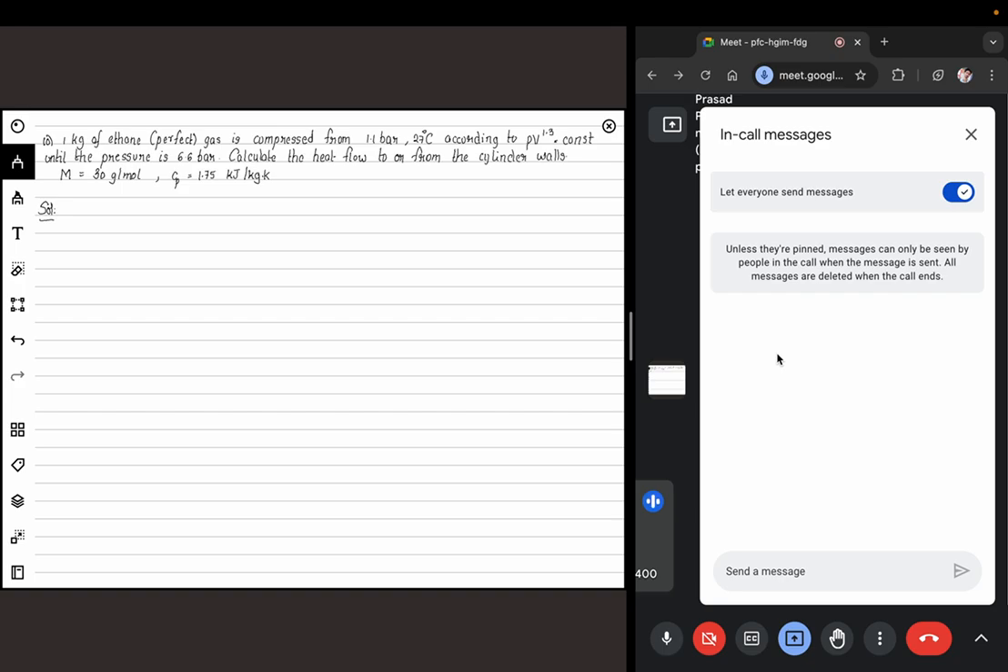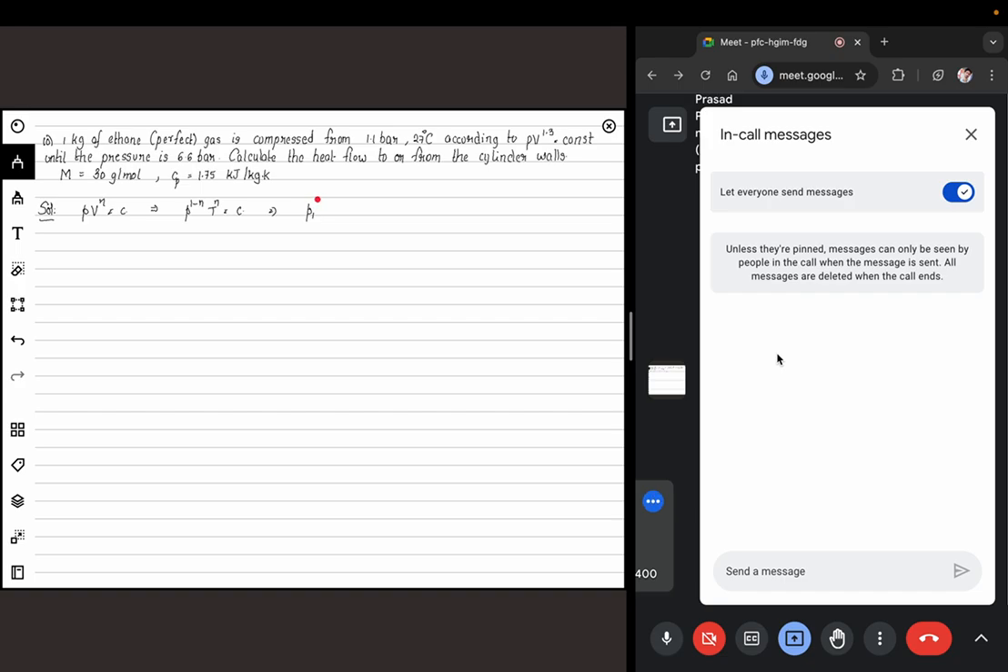So this is again a straightforward problem, just as we have done before. I will be using the relations that we have derived previously. So we have PV to the power n equal to constant. From this you can relate P to the power 1 minus n, T to the power n equal to constant, from which we can write